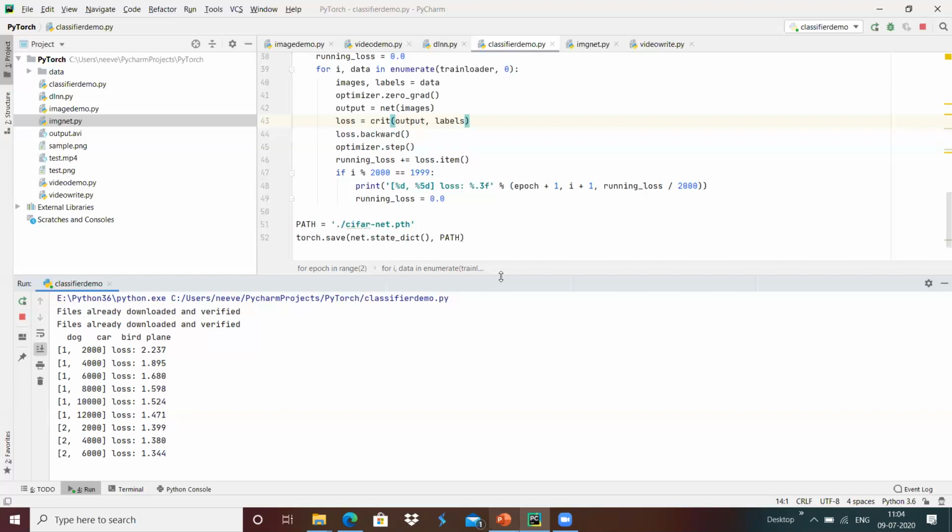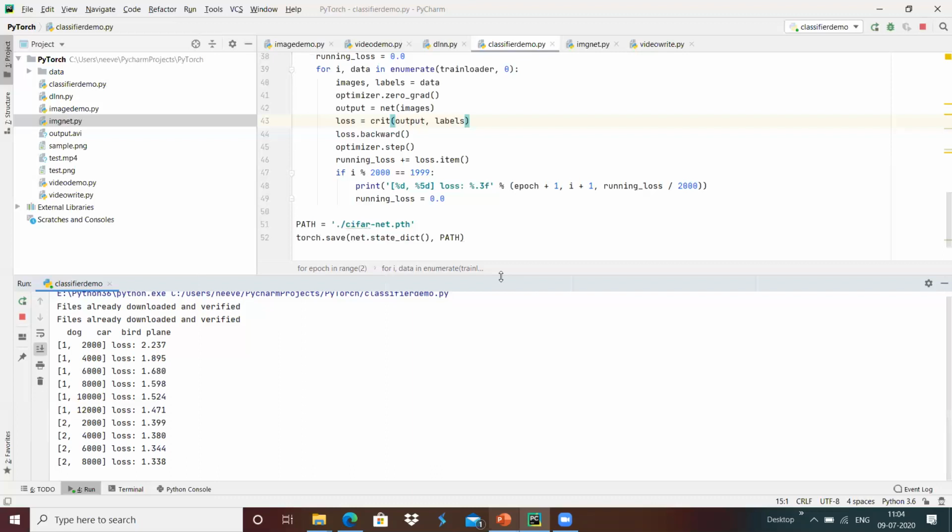If we want to achieve more accuracy, then the network should be trained with the data set multiple times, which will reduce the loss and increase the accuracy accordingly over here.